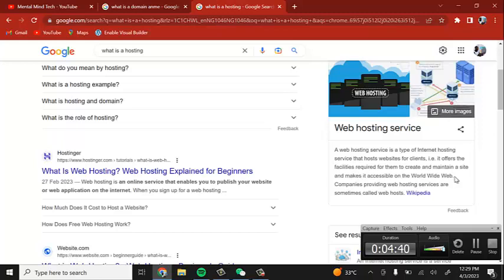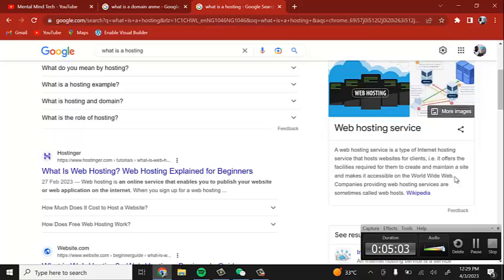So the hosting plan is a platform that gives you access to maintain your website or to run your website effectively. That's where you create your web mails from. That is where you create your site security from. That's where you create autoresponders, email forwarders, and all of that. That's where you also have your file manager to store and manage all your files for your website. All right, so that's the work of this hosting.